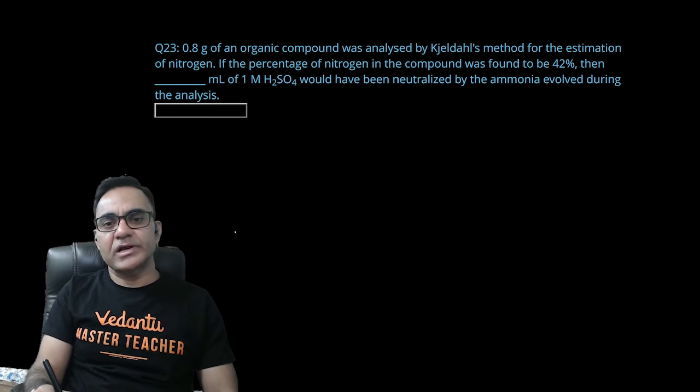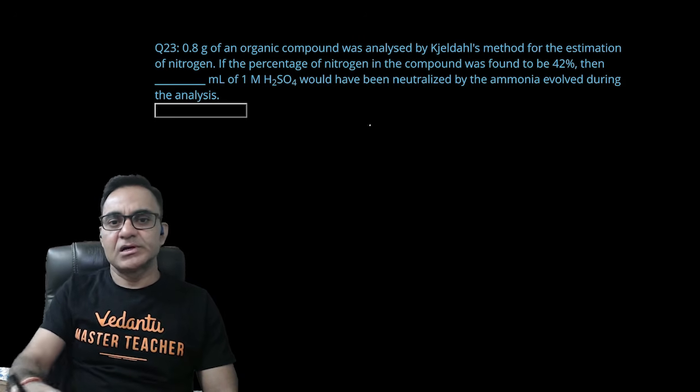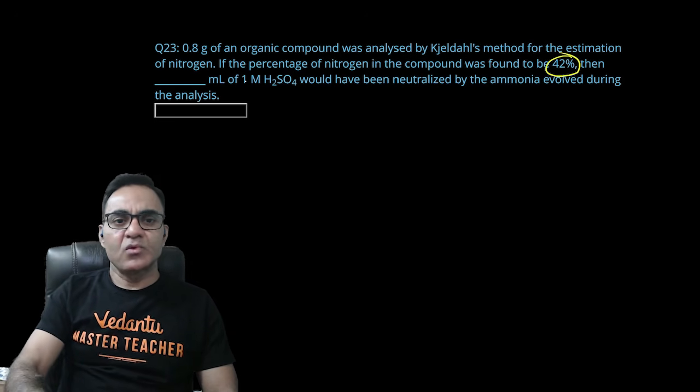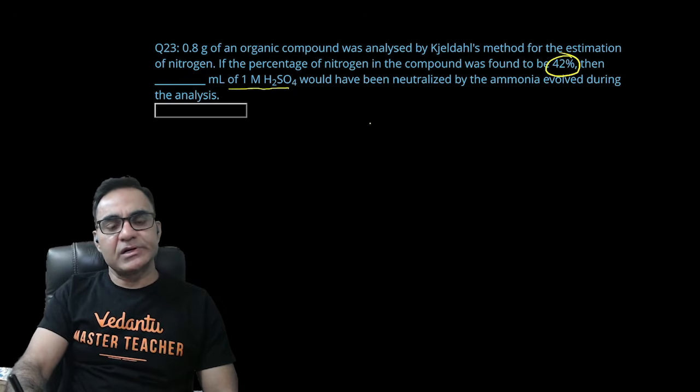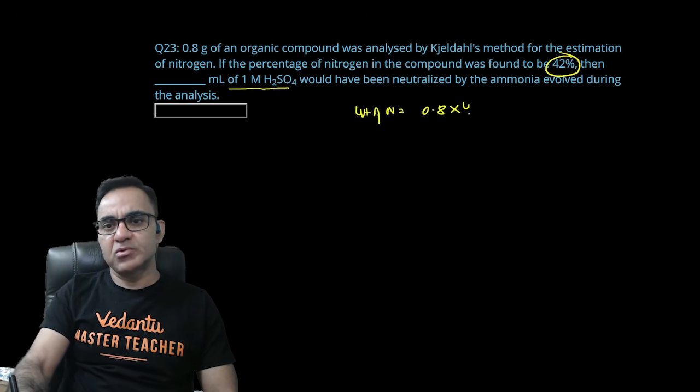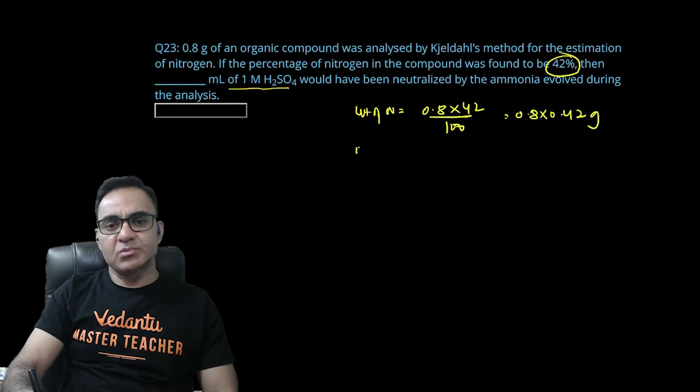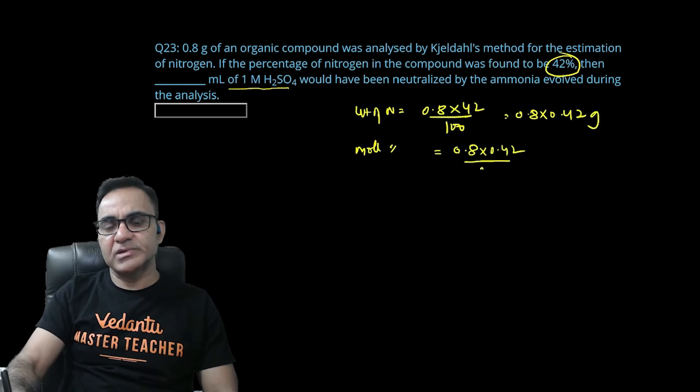0.8 gram of organic compound was analyzed by Kjeldahl method for estimation of nitrogen. और नाइट्रोजन का परसेंटेज निकाल के 42% आया है। बोला है कि जो भी अमोनिया निकली वो H2SO4 का कितना वॉल्यूम कंज्यूम करेगा, कितना ml। हमें 0.8 ग्राम ऑर्गेनिक कंपाउंड का वेट दिया हुआ है, तो वेट ऑफ नाइट्रोजन ले सकता हूं मैं 0.8 का 42%, 0.8 इंटू 0.42 ग्राम, तो मोल ऑफ नाइट्रोजन 0.8 इंटू 0.42 डिवाइडेड बाई 14।